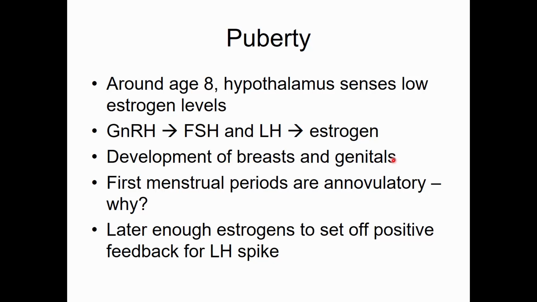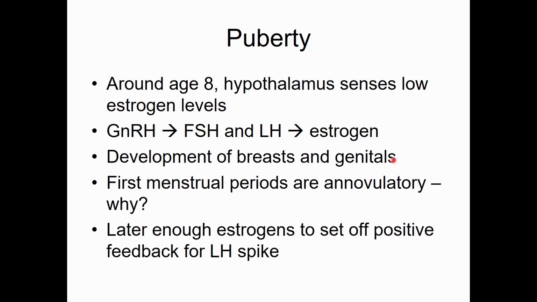And around age 12, this girl is going to have her first period. But it's possible that she didn't ovulate. And it's not uncommon for the first few menstrual periods to be anovulatory, or without ovulation. Why is that? Well, the follicles are immature, and they produce enough estrogen to develop the breasts. They produce enough estrogen to grow the endometrium, but they do not produce enough estrogen to set off the positive feedback mechanism. There's no LH spike, and therefore there's no